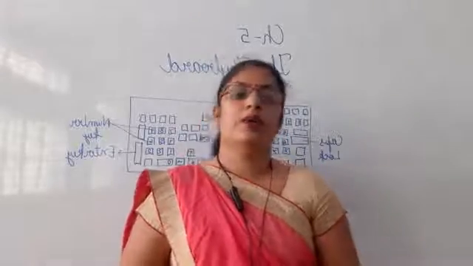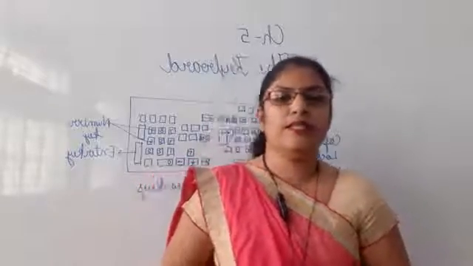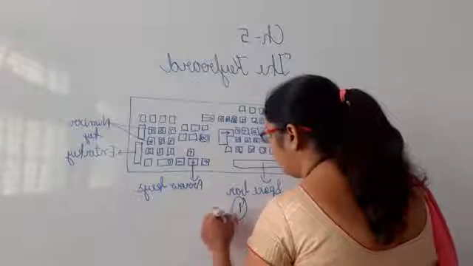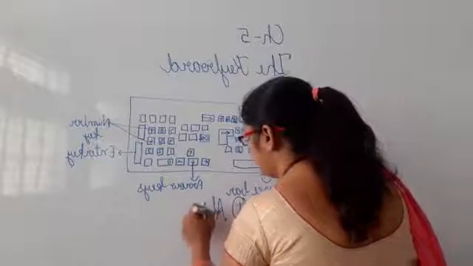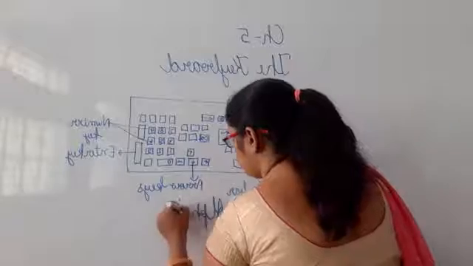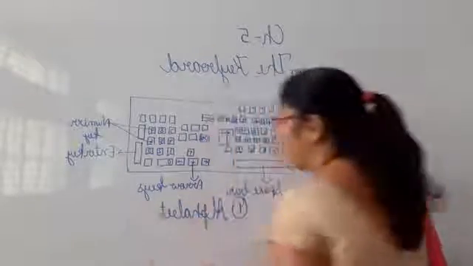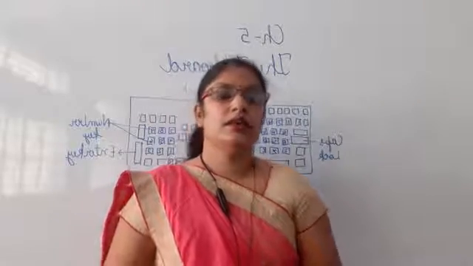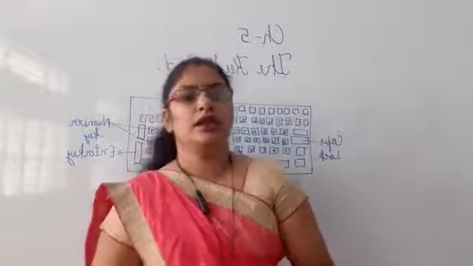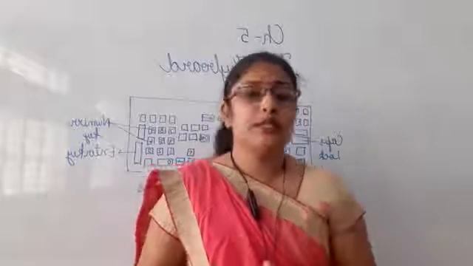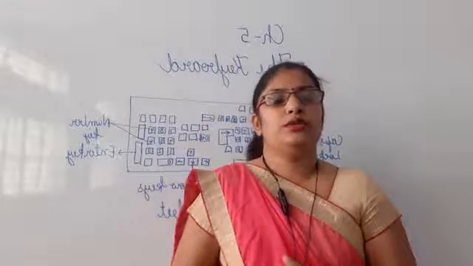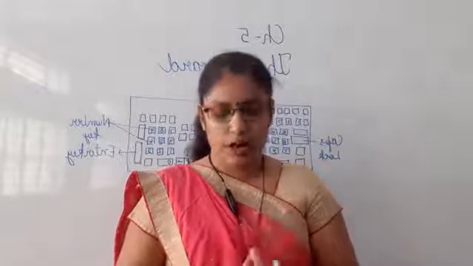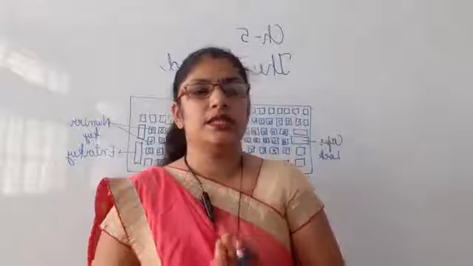First we will learn about the alphabet keys. Now we all know how many alphabets there are in English. Yes, there are 26 alphabets. So on the keyboard also there are 26 alphabet keys. How many keys? 26 alphabet keys.